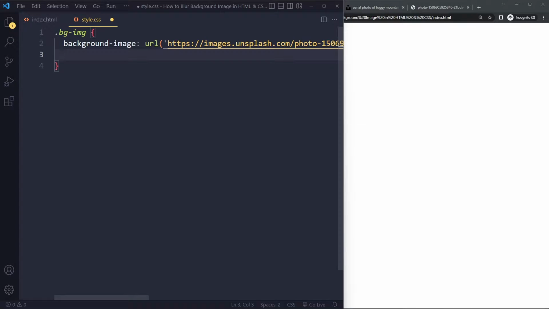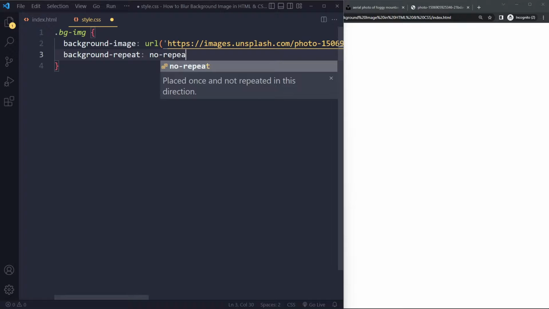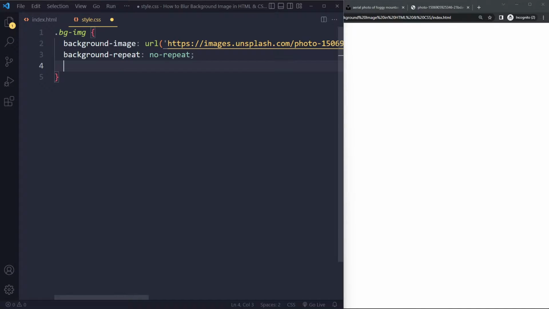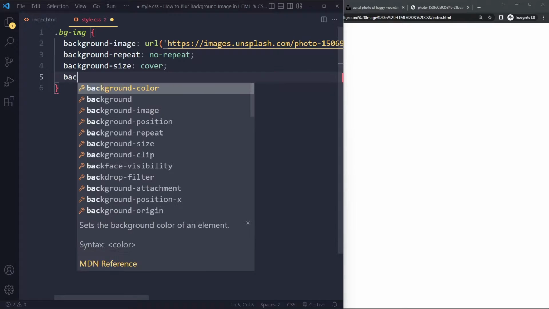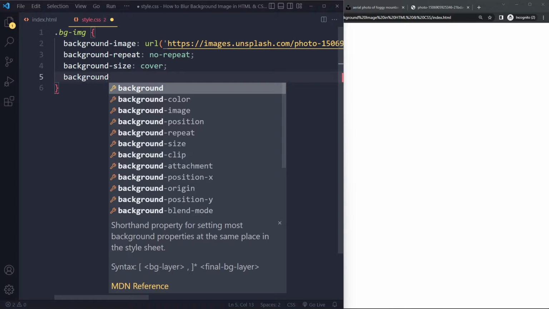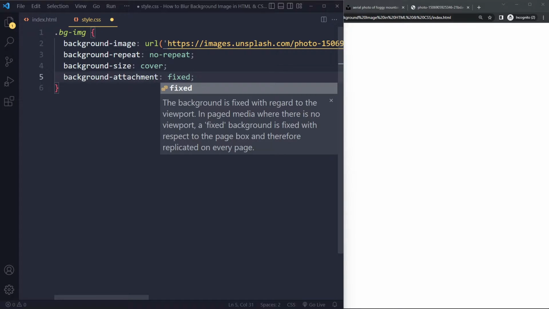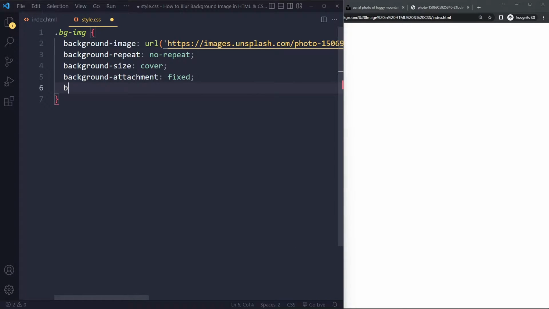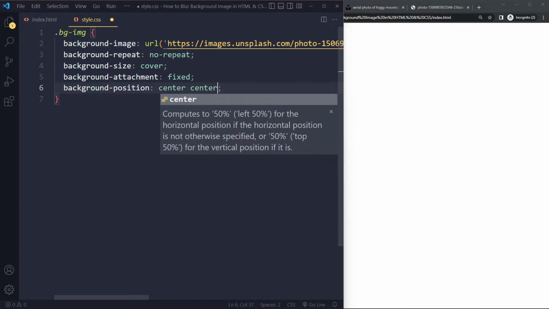And typically, if you're going to create a background image, you're going to have some kind of standard setup, right? So usually you're going to have something like this: no repeat, because the browser will try to repeat the image. We want the background to cover, meaning we should see it in full. If it's not a portrait photo but some kind of horizontal photo, sometimes you're going to get white space at the bottom. We don't want that. So we can say this, and then also for responsiveness, we want it to be centered